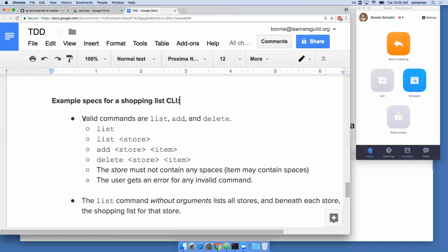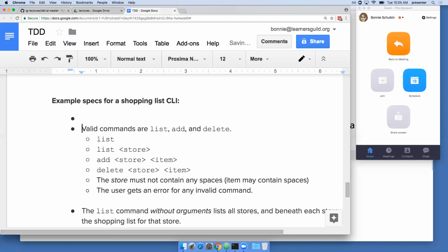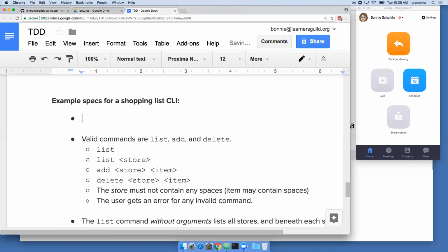So valid commands are, oh, and actually I think I want to add another one just to make sure it's explicit, which is the script should run from the command line as,